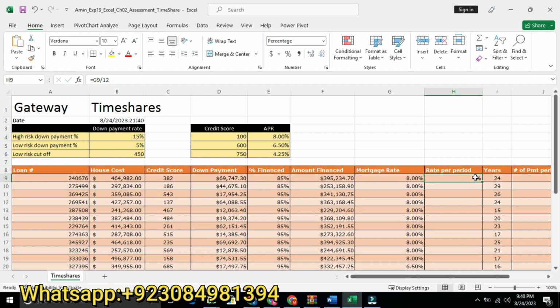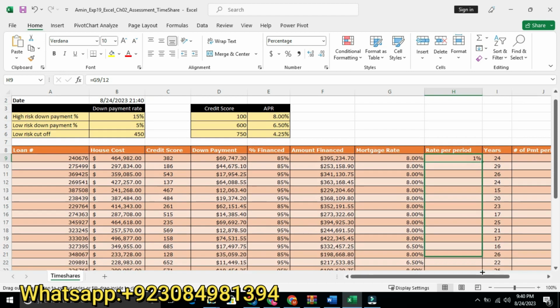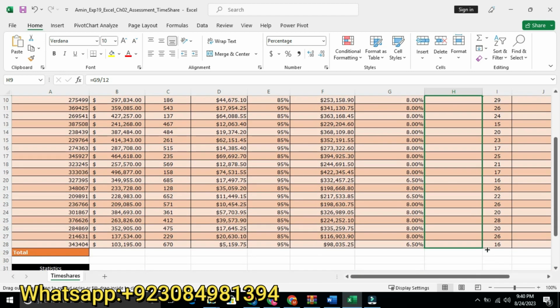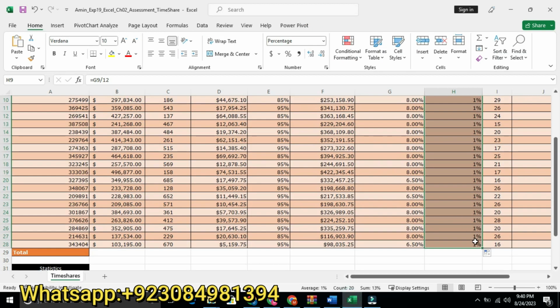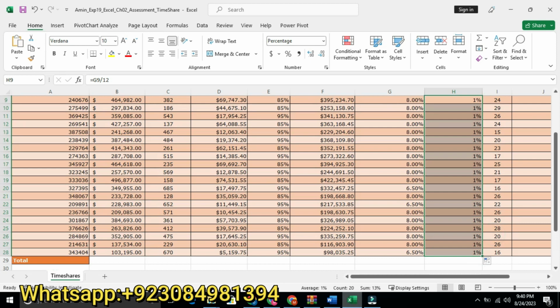So we will get our results. We will copy this formula up to H28. Click the autofill option and click Fill Without Formatting. So we will click Fill Without Formatting.